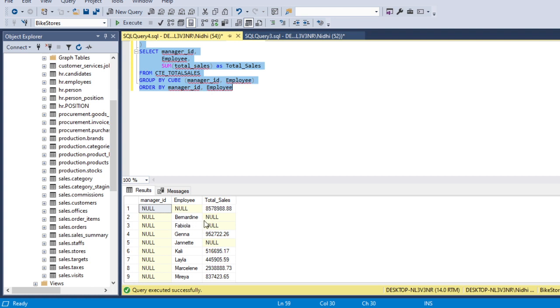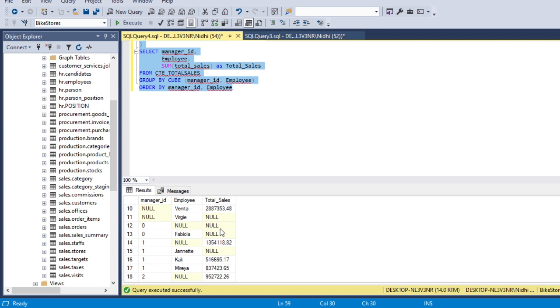Here manager ID is null, which means it is giving us the data at the employee level only. So for Primerdine, the total sales is null. Fabiola, it is null. For Gana, total sales is this value. And then moving to the manager level, here it is giving the data at the manager level. As you can see, employee is null here. So for this manager, the total sales is null.